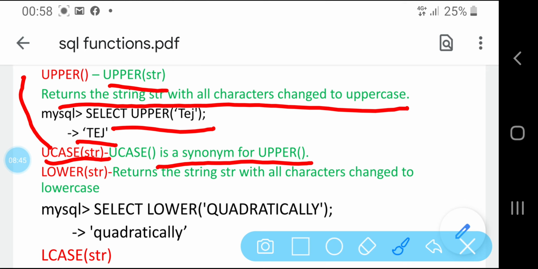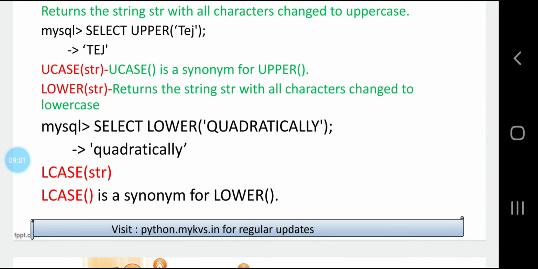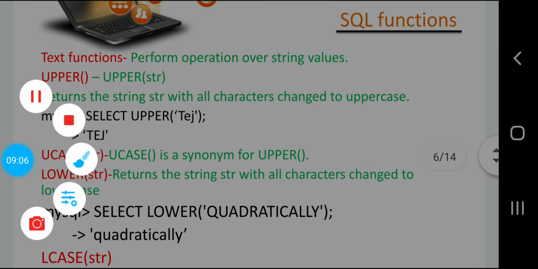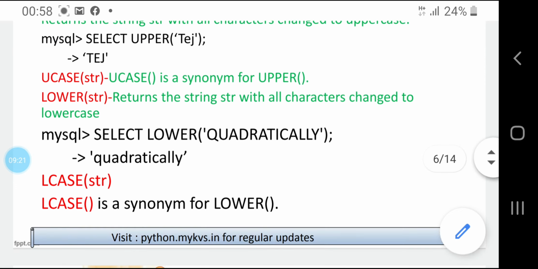Similar to upper, we have the lower function. Lower will take a string in uppercase and convert it to lowercase, and it is a synonym of LCASE, that is, lowercase. So you can see that upper is similar to UCASE and lower is similar to LCASE.